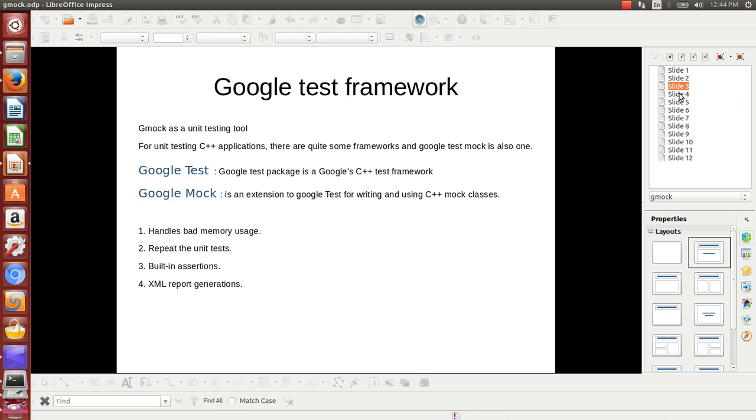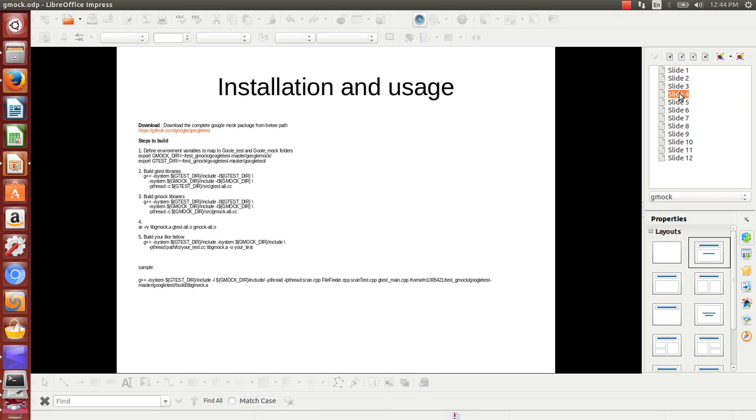So after a small introduction with this, we shall go for the installation and the usage. If you want to install this, kindly download it from this path. It provides you with the complete package of the Google Test and the Google Mock package. Then in step number 1, we export the required paths, then build the libraries separately, Google Mock and Google